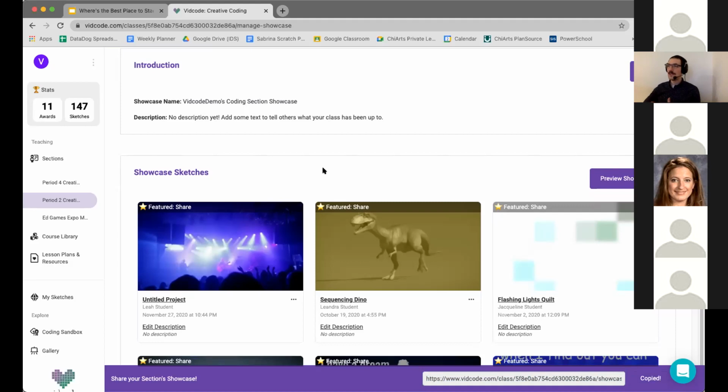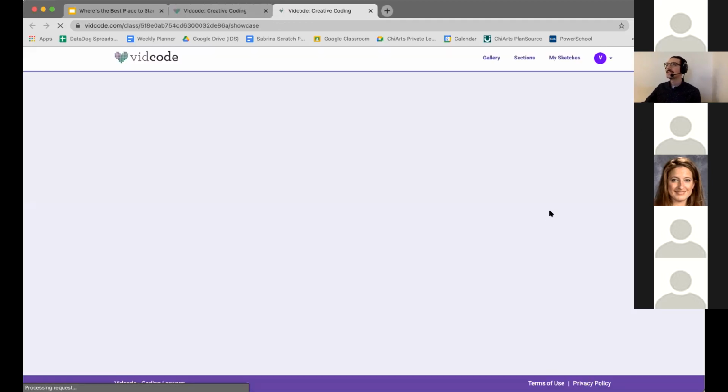In this case, the way you do this is that you're going to float over these three little dots and you're going to click either add or remove from the showcase. Once you do that, they will be automatically added to the showcase. And let me show you exactly what that looks like. So this URL at the bottom gives me